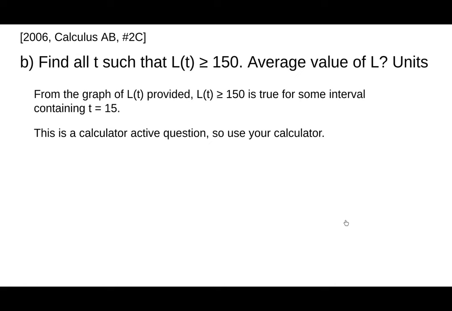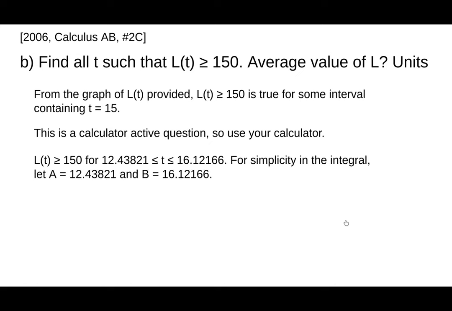We have the function L of t, we have the actual definition of that function. So we can use our calculators to determine where the function L of t intersects the horizontal line y equals 150. And that would be true on the interval from t greater than or equal to 12.43821 and less than or equal to